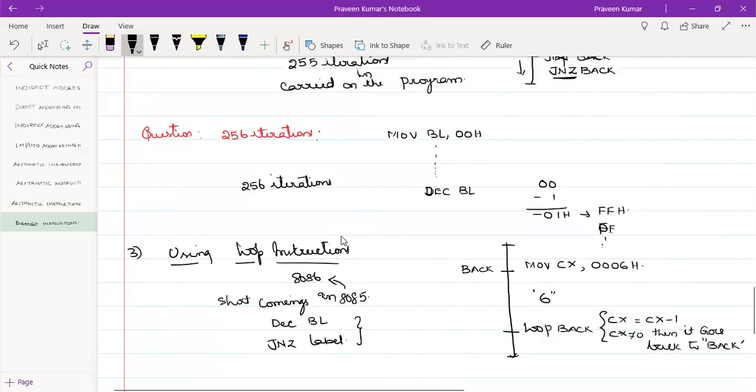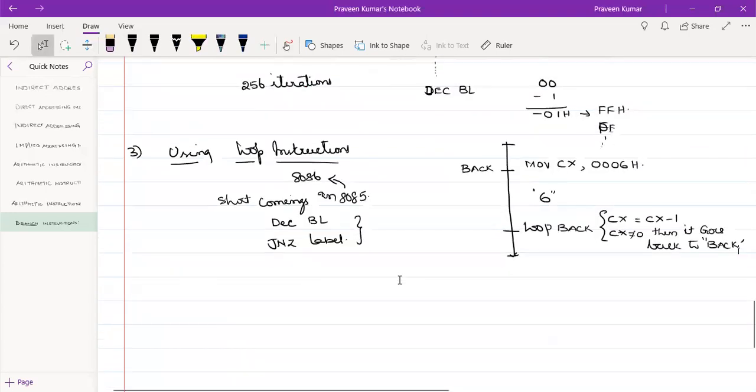Many people ask, if only one instruction is saved, how much time can I save? But if you carefully observe, it is not for only one iteration, I'm going with 6 iterations. For 6 iterations, I'll be saving 6 instructions, 6 time slots. If it is 1,000 iterations, then I'll be saving 1,000 instructions, literally thousands of instructions. Clear?